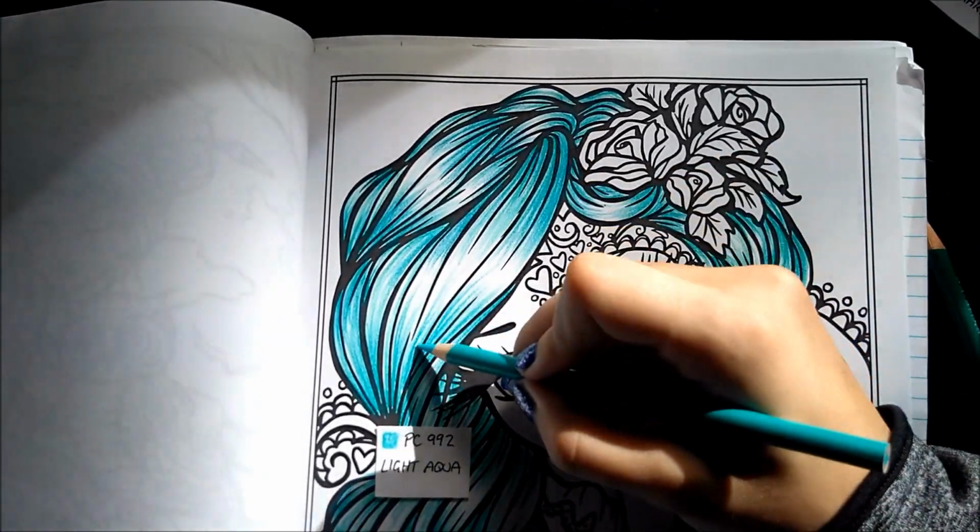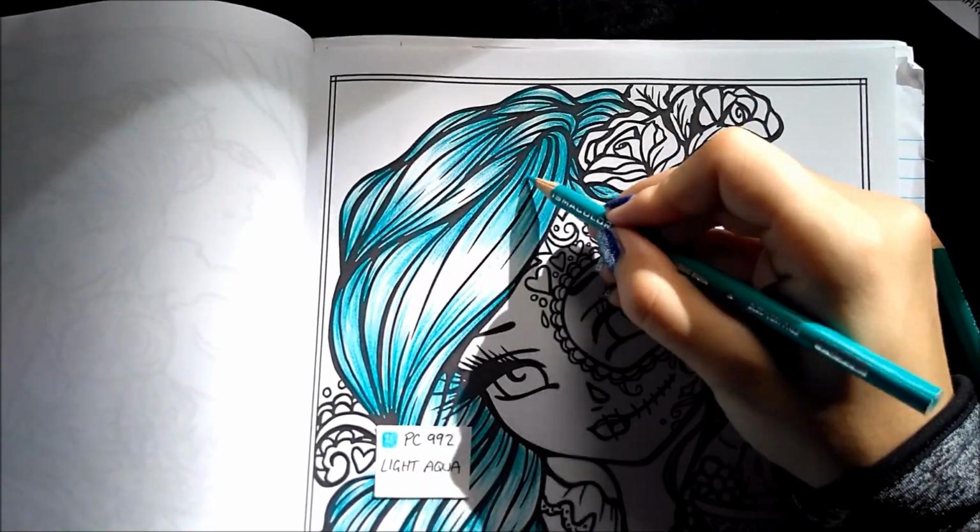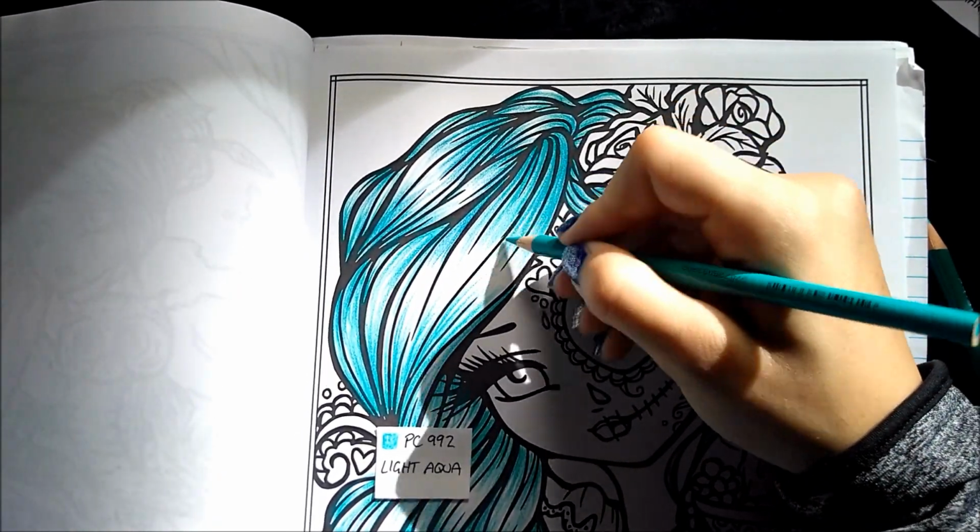So we're going to try to leave quite a bit of white where we can for the most part, because we still have 2 more colors, one of which is white, but